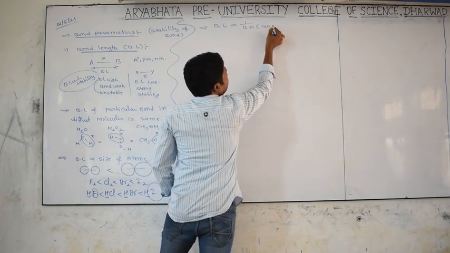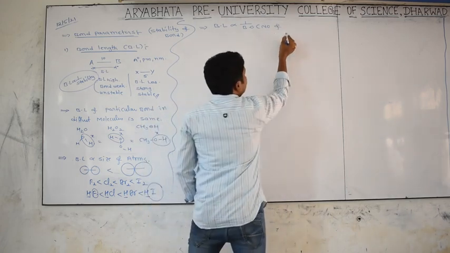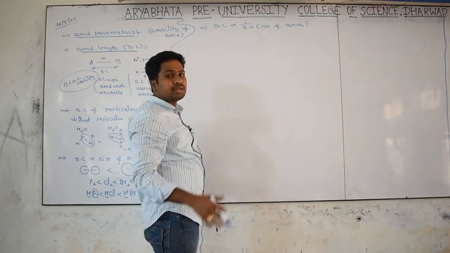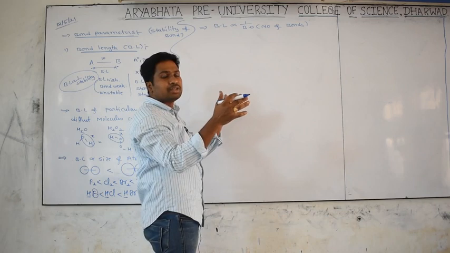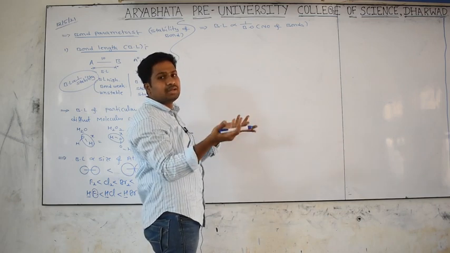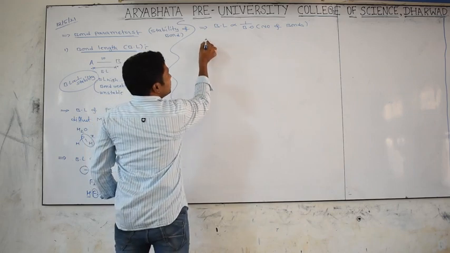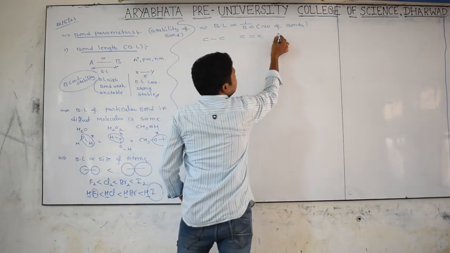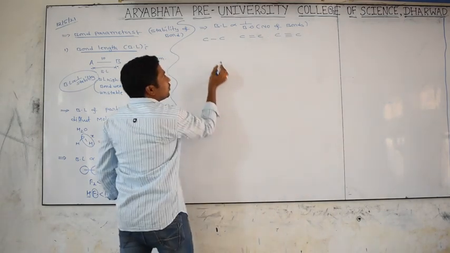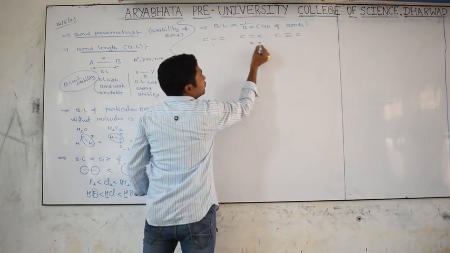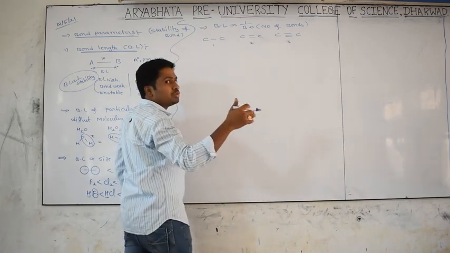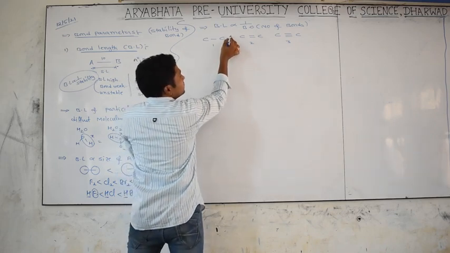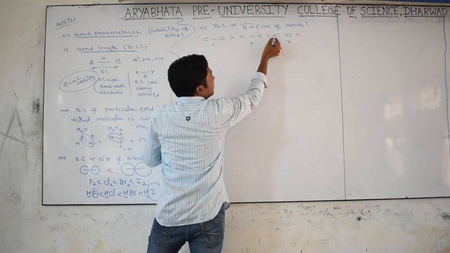Bond order means the number of bonds between the atoms. As the number of bonds increases, the force of attraction increases, and the gap between the bonded atoms decreases. That's what we are saying. You see, C single bond is there, C double bond is there, C triple bond is there. Here bond order 1, here bond order 2, here bond order 3. More bonds, more attraction, more closeness, less gap. That's why the CC single bond is longer than the double bond, which is longer than the triple bond.